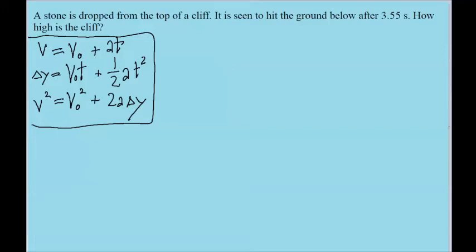In this problem, we're looking at a stone falling from a cliff, which means that it's subject to g, the gravitational acceleration of 9.81 meters per second squared. Now, this acceleration is presumed constant, assuming no air resistance. So I have taken the time to write out the three equations of motion that we tend to use for